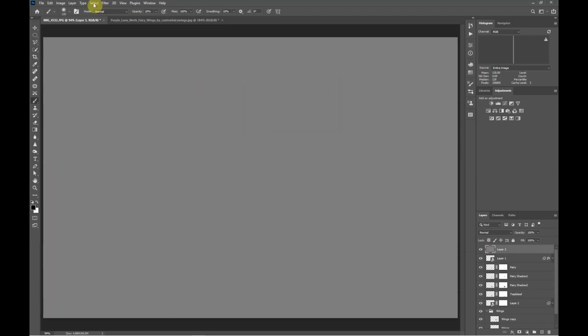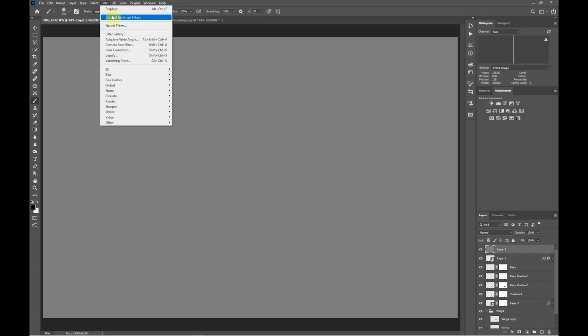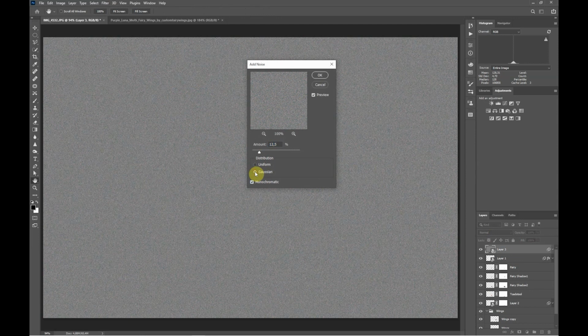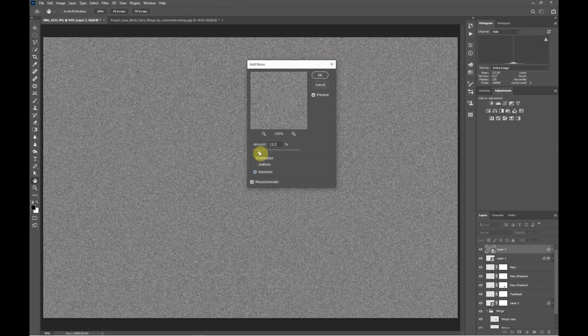and then I'm going to add a grain to that by going to the filter menu. But first I'm going to make it into a smart object. So filter, convert for smart filters, and then go to noise, and we're just adding noise. We want to add it as a monochromatic noise, so we don't want any color in it. And you can either choose Gaussian or uniform. So I'm going to choose Gaussian here. The amount you can change, so if we want a little bit less, maybe we use 8%,